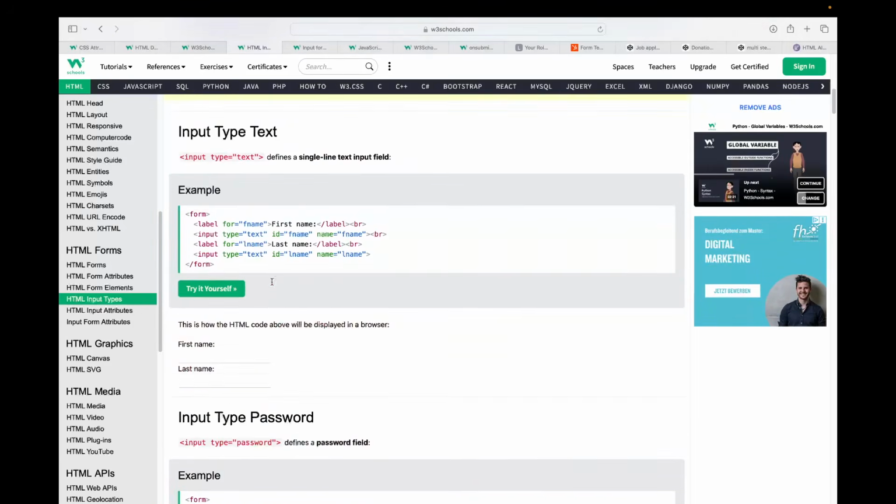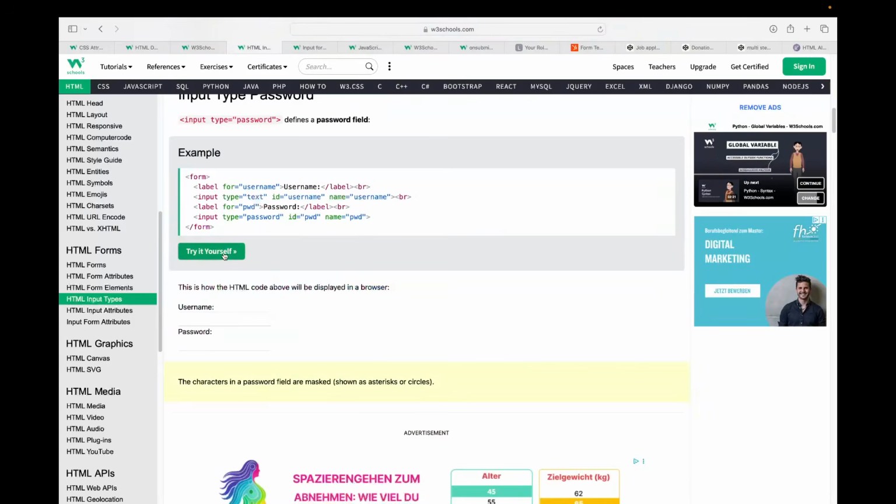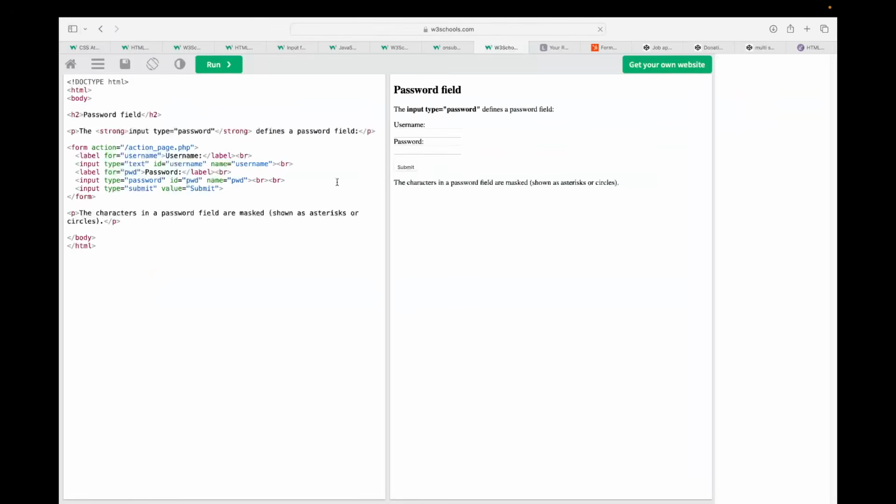We talked about the text one last time. This is the password, and if you want to actually enter some password, let's say this is the small code over there from w3schools.com. So the input type is password over there. Let's say I want to enter something, a username over there. So if I just enter my username over there, and now I can enter some password,